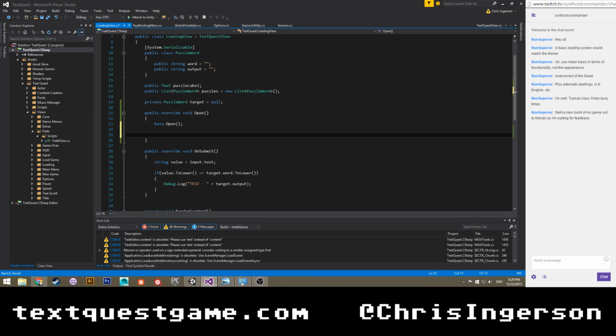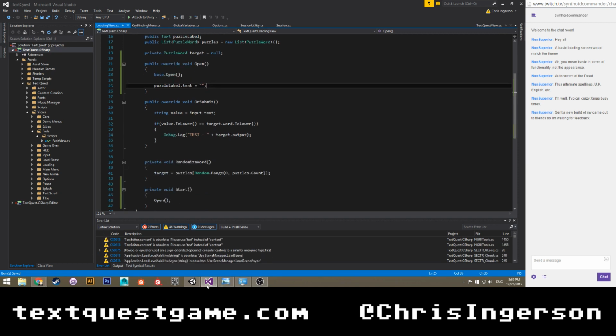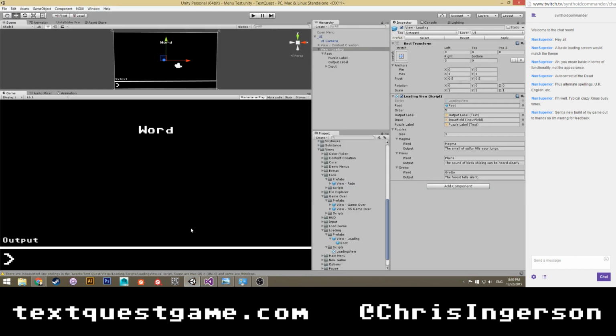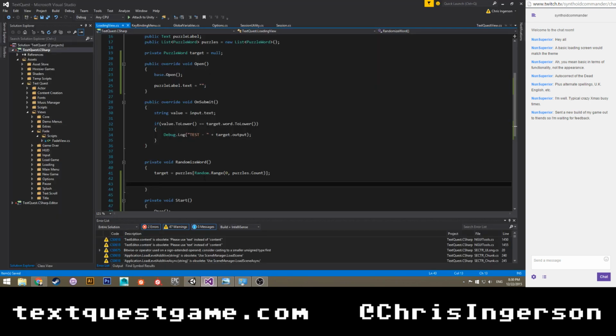And we'll say puzzle label dot text equals nothing. Okay. And I forgot to even do this. So now I lied. I completely forgot everything that was going to make it a minigame. So we have everything in the back end getting set up, but we actually need to rearrange the letters in the front end.